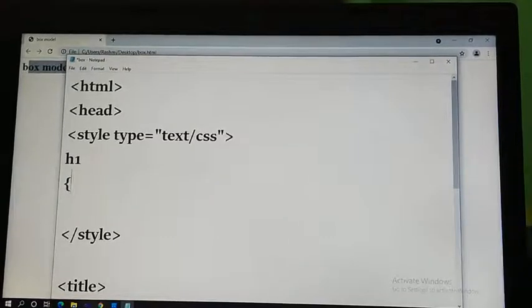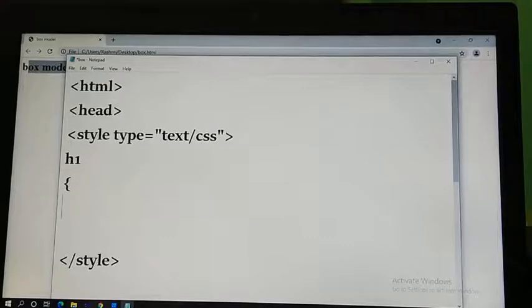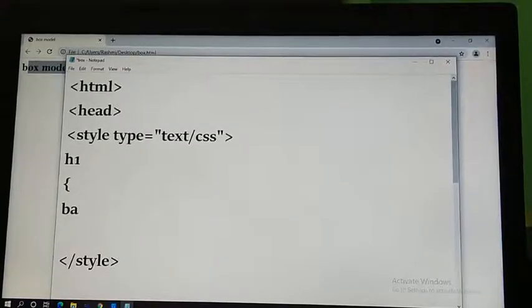Okay, now I'm designing the h1 syntax and here I'm writing the code, like background, as given in your book, background color, colon.